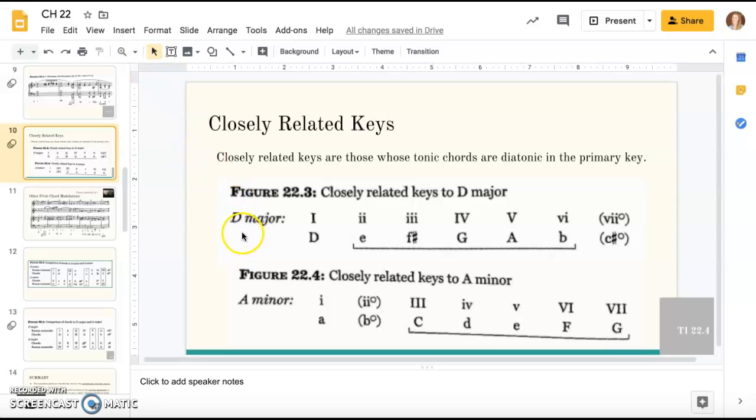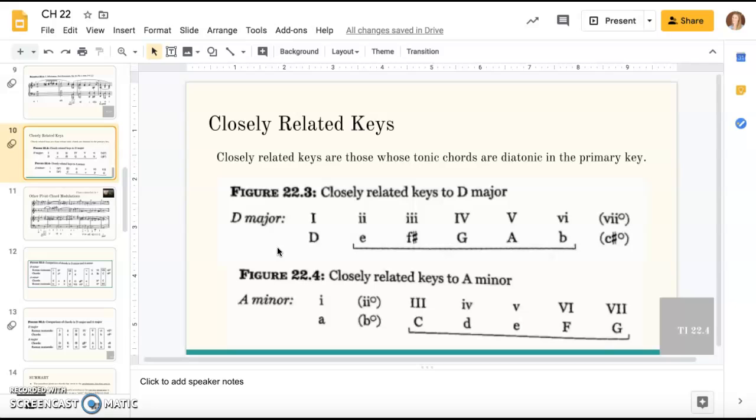So if we're looking, D major has F sharp and C sharp in it. G major has F sharp in it, just one sharp instead of 2. E minor has 1 sharp, it's relative minor to G major. A major has 3 sharps, that's 1 more sharp than D major with 2 sharps. So usually closely related keys are very close in key signature as well, with again maybe 1 extra accidental or